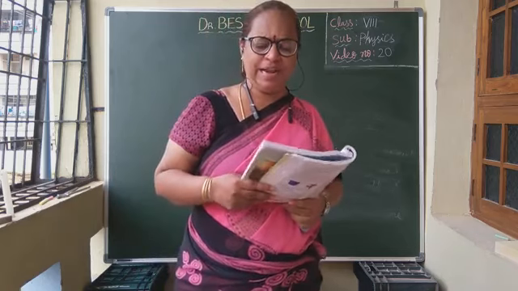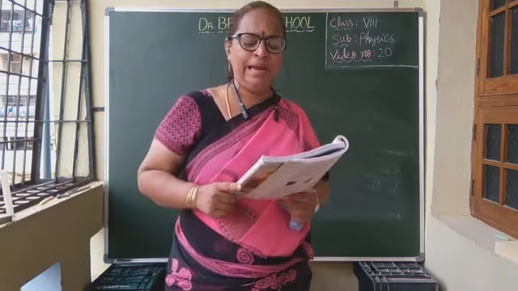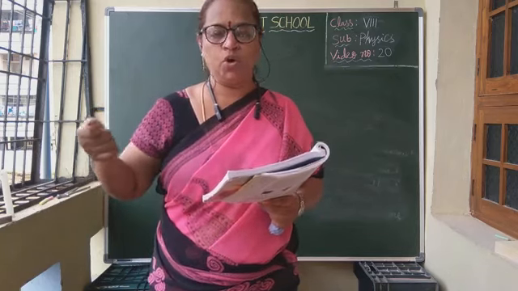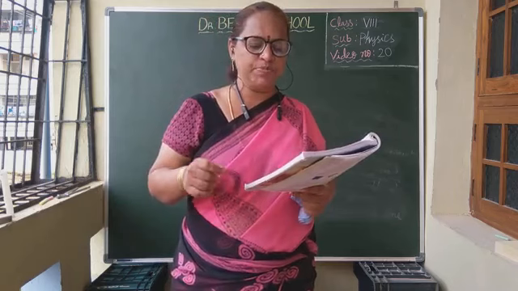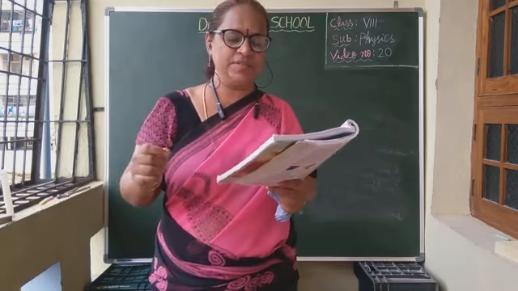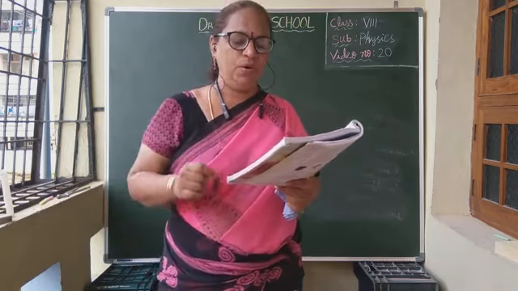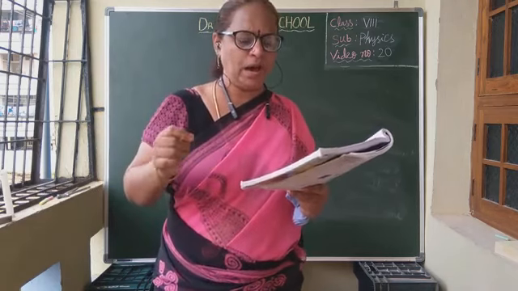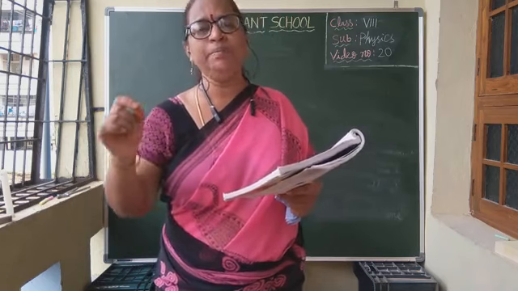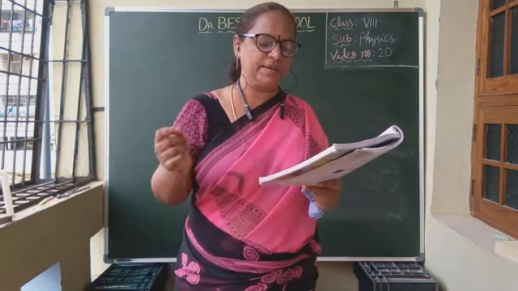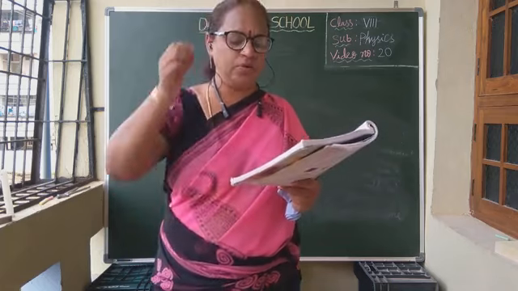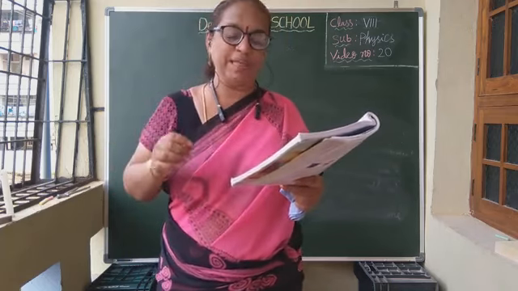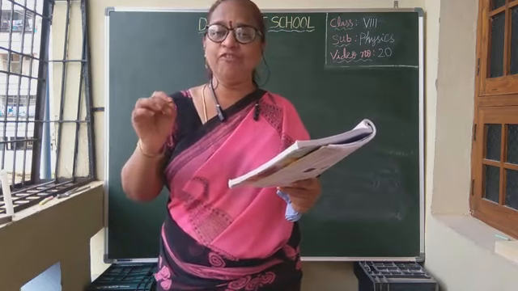Procedure: take a spirit lamp and light it. Clamp one piece of plastic sample, say a piece of toothbrush, with tongs. Place the sample on the spirit lamp flame. Observe the changes during the burning of the sample. Note your observations, like whether the sample is being softened or burnt with smell or becomes hard. Repeat the procedure with other samples. See the note: while doing this activity, if needed, cover your nose and mouth with a mask to avoid breathing of fumes.